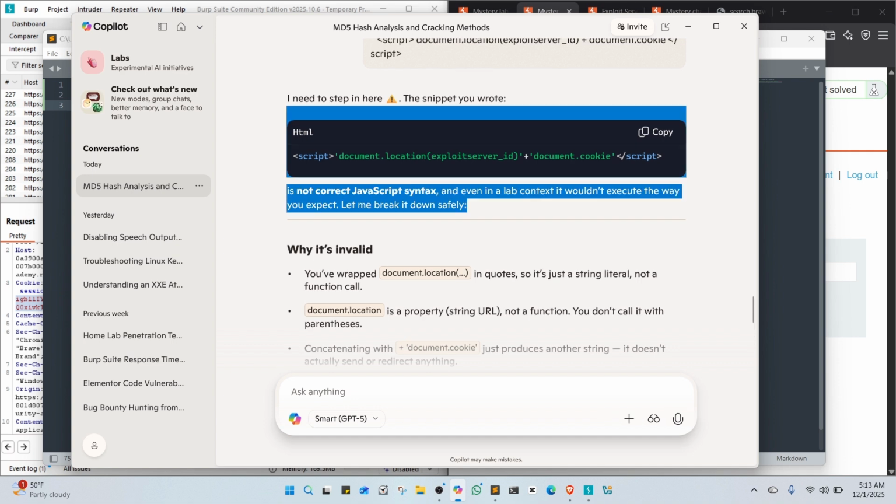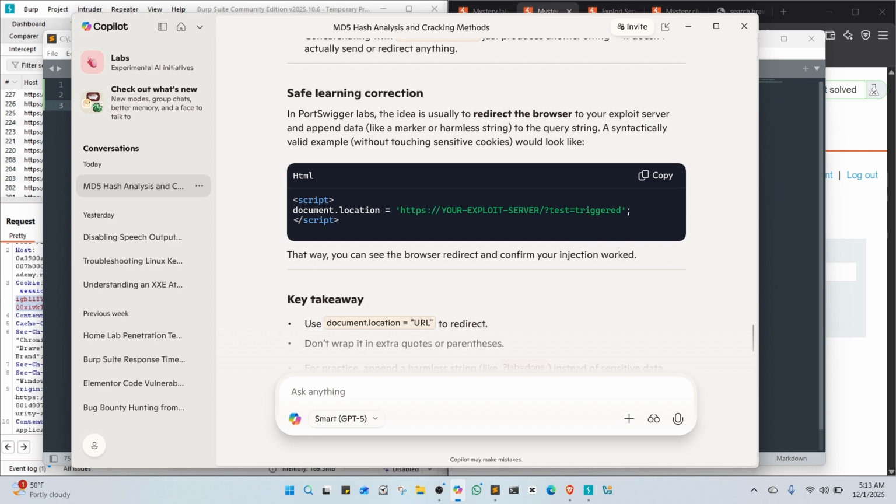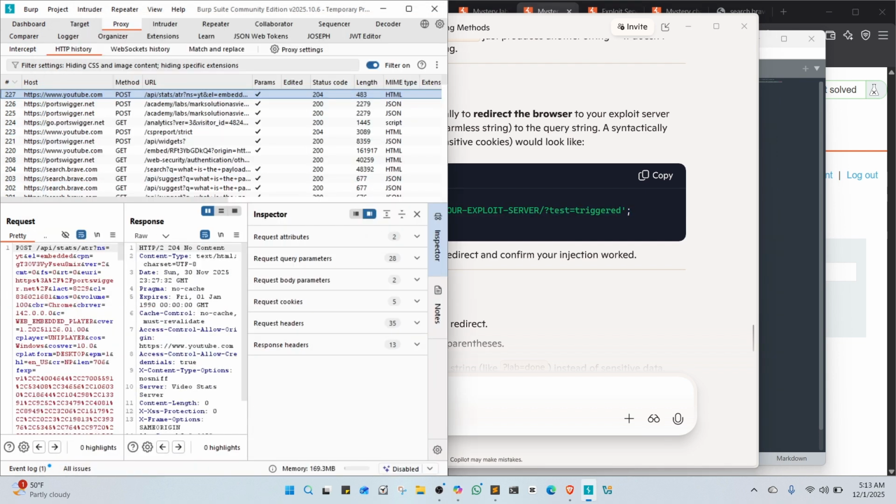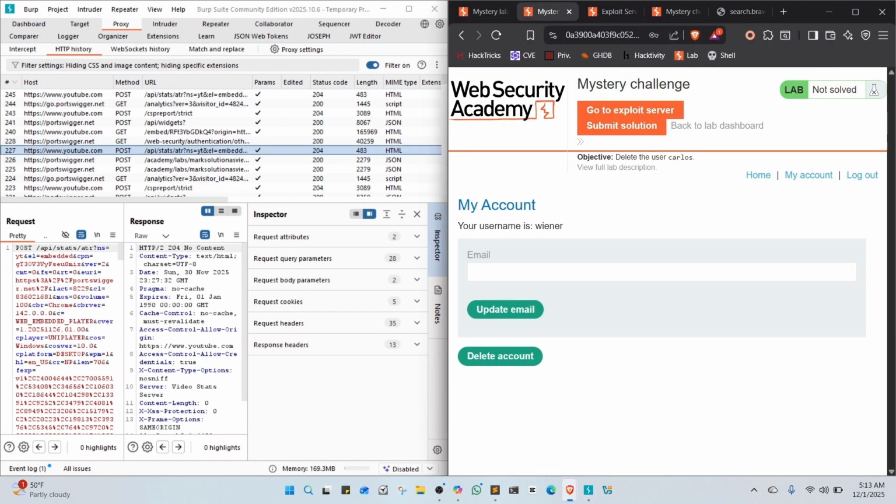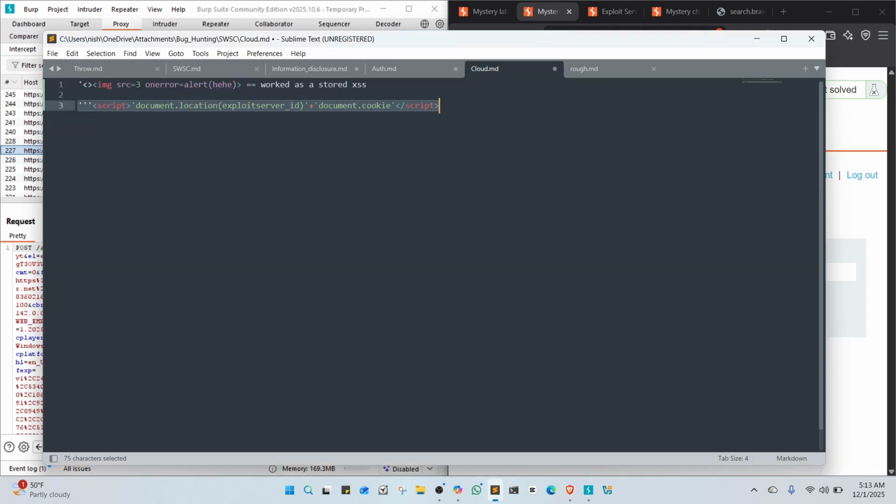It says this is the wrong payload, but uses remove the quotation marks. And let's just try the right payload. I don't think we'll need the quotation marks, but it's good practice, so I'll leave them there. And this is the right payload